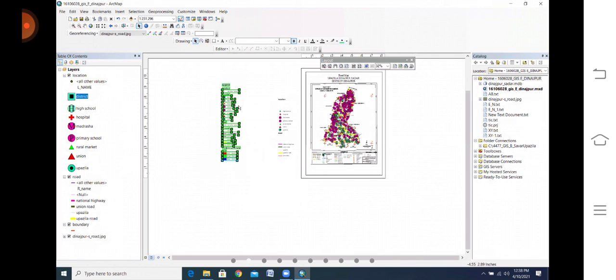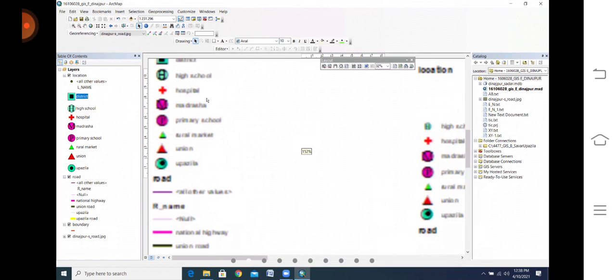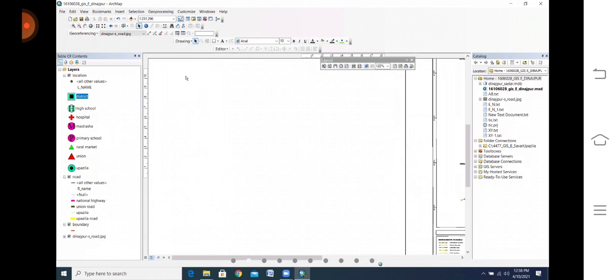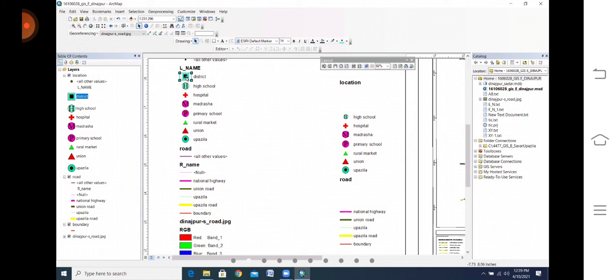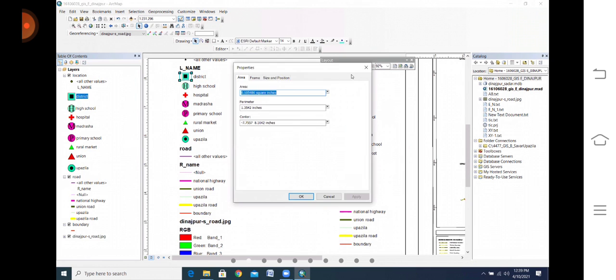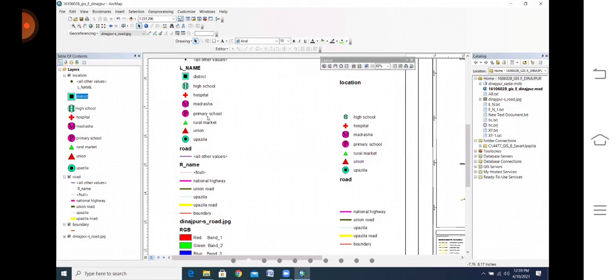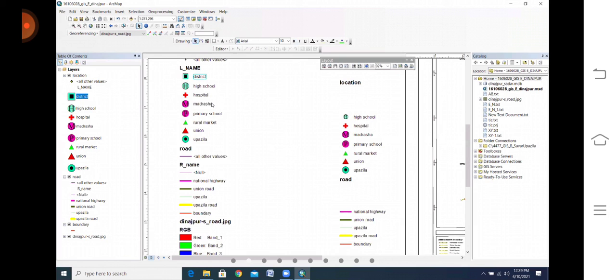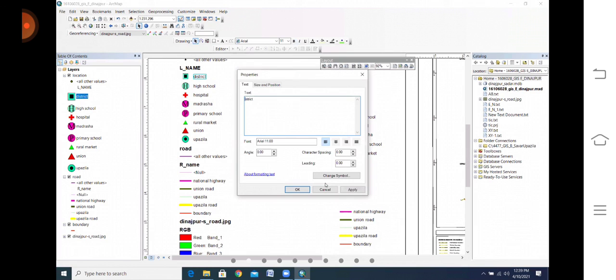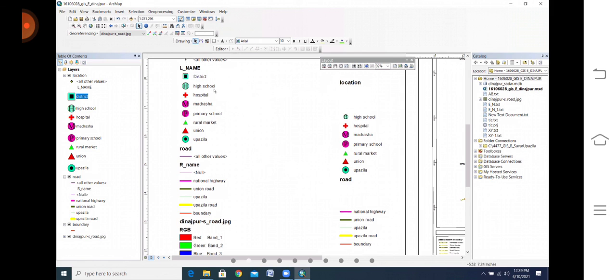Then every individual item you need to edit or ungroup. Suppose if you need to edit it, if you double click it, nothing is here. But if you again right button click, ungroup, then if you double click it, you can increase and decrease the symbol. If you need to edit it, double click it, then you can change it. After finishing these things, this and that, you can group it. Okay?